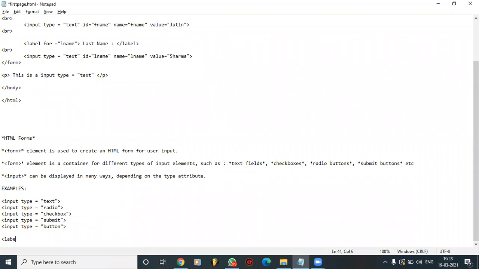So the label element is useful for screen reader users because the screen reader will read out loud the label when the